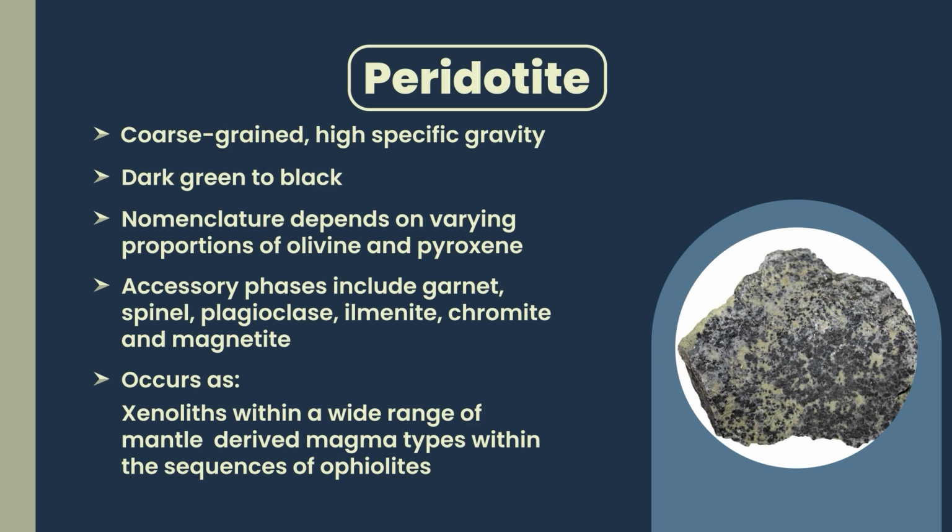Peridotite occurs as xenoliths within a wide range of mantle derived magma types within the sequence of ophiolites. Now, where do we find ophiolites? Ophiolites can be found at subduction zones where oceanic plate subducts and accretes oceanic plate onto the continental plate. So, there we can find ophiolites and peridotite, and xenoliths can help us to understand the